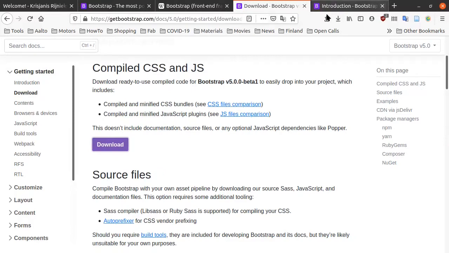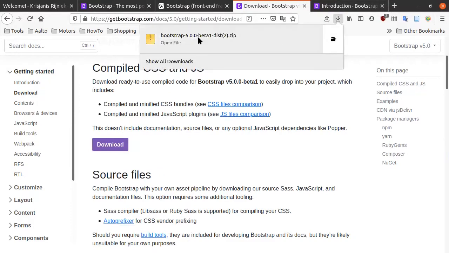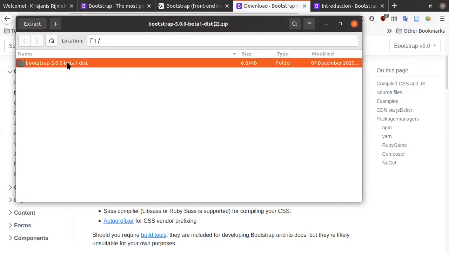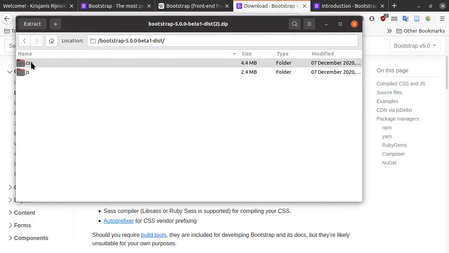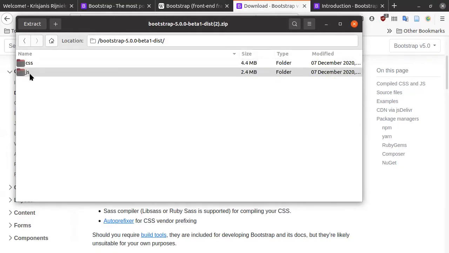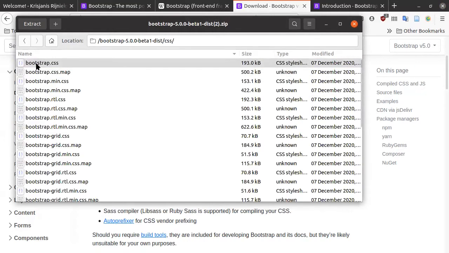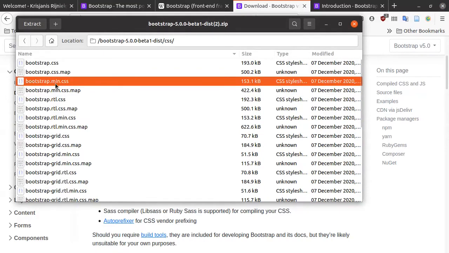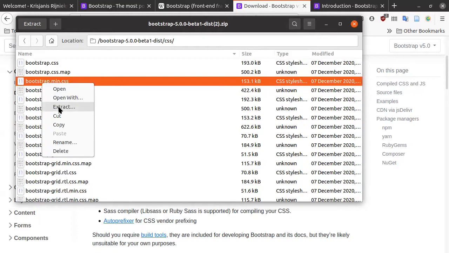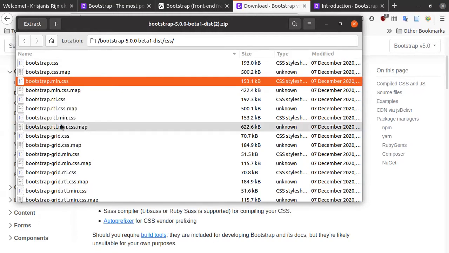Once you download it, you can open up this zip file. The folder structure is such that in the CSS folder, you have all the CSS files that are needed, and in the JS folder, you have all the JavaScript files. But don't get confused. The only file from this bunch that you need is this one. And yeah, you can copy it or extract and paste it in